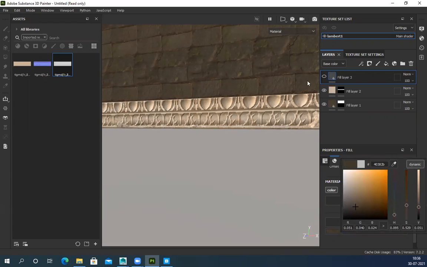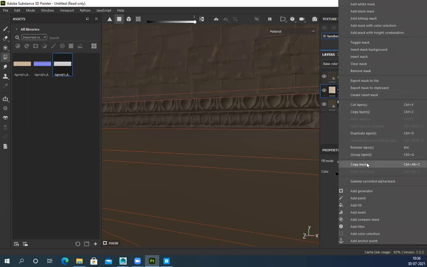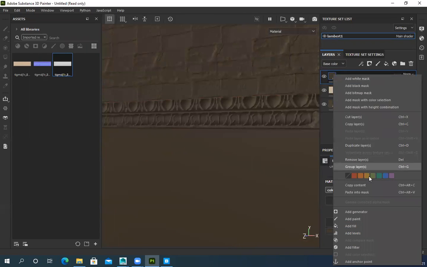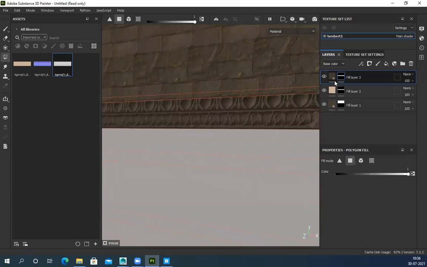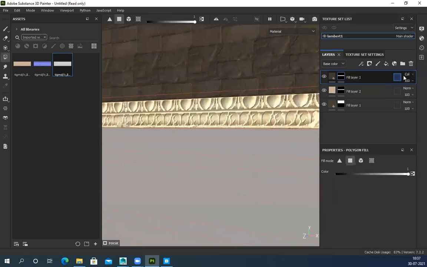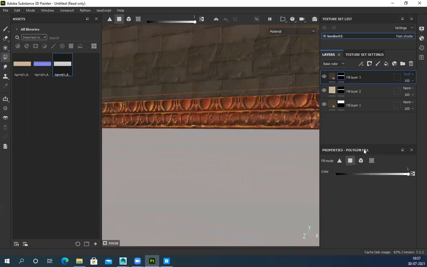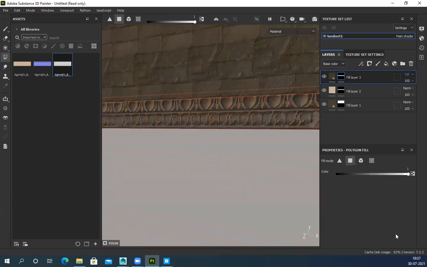Pick this color, and this mask I can just copy and place into the mask, so it affects the same area. Then I can change the blend mode to color or maybe overlay. Overlay is the same as Photoshop, basically.